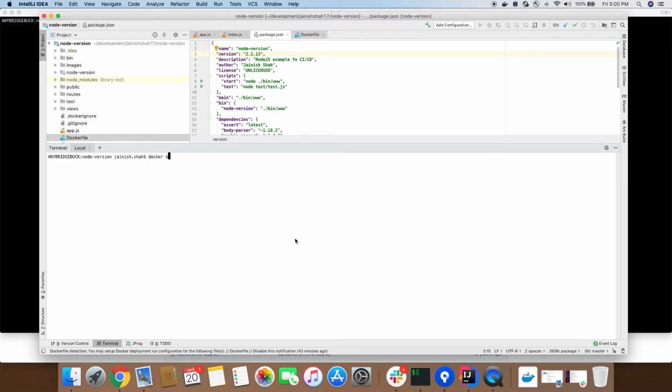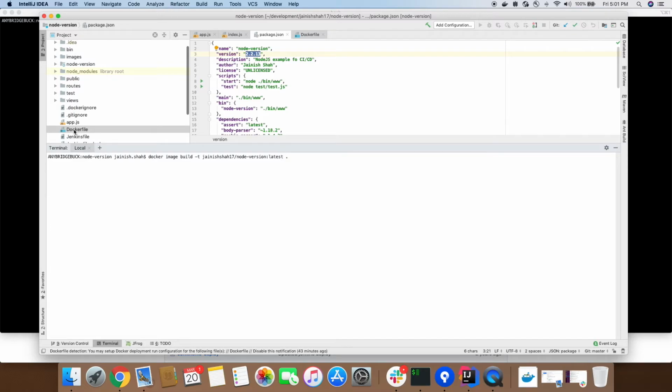So we will run the docker image build command. We'll specify the tag, which will be our Docker Hub username, followed by the image name and version. So I'm just going to use latest as the version. And instead of latest, you can also specify a specific version, which can be 2 or 2.2. And the last dot is a reference to the current directory, because my Dockerfile is located in